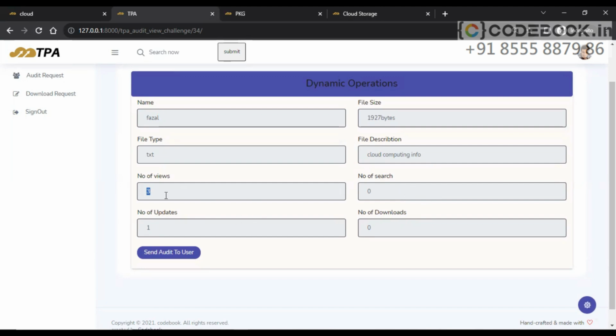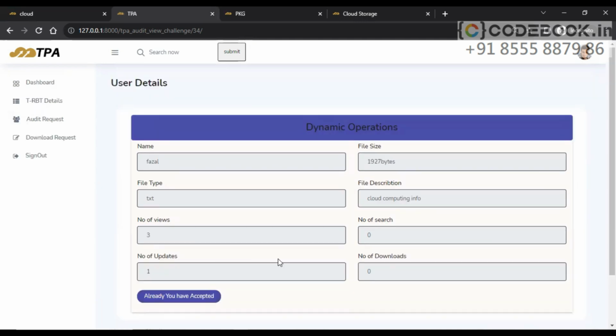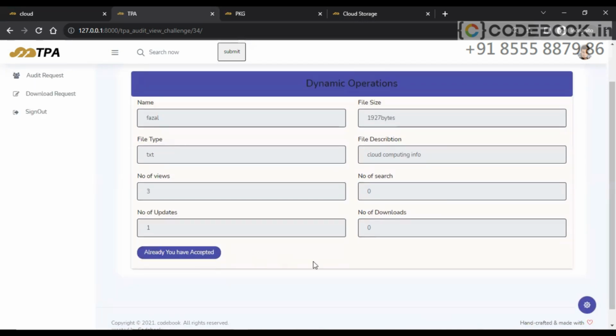4 operations we are performing. Number of views are there, number of searches, how many searches have been done, number of updates, how many times the file is updated, number of downloads. Now send audit to user. This report will be sent to the user. It will be mailed to the user. Okay, already you have accepted. Now